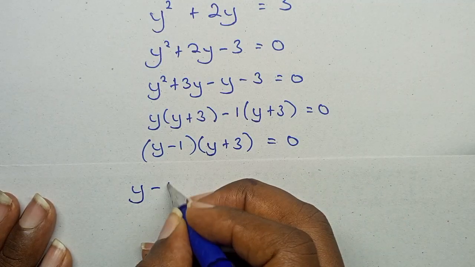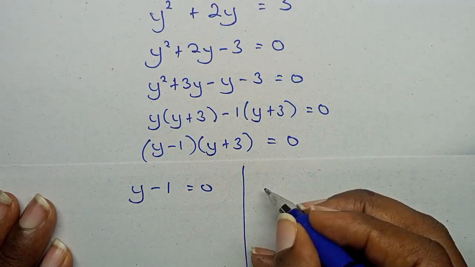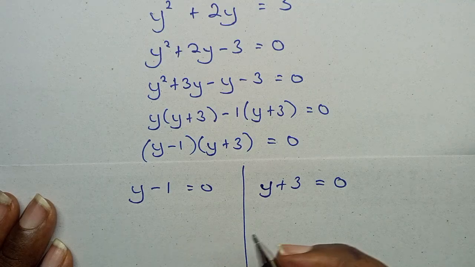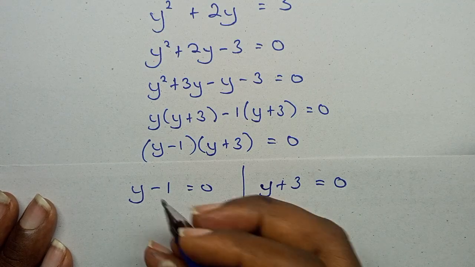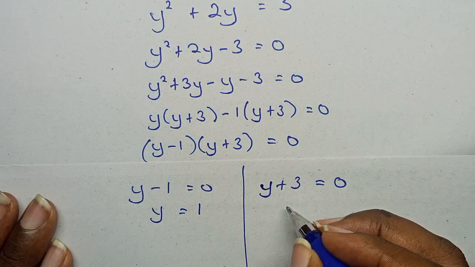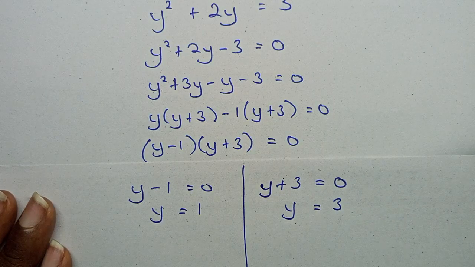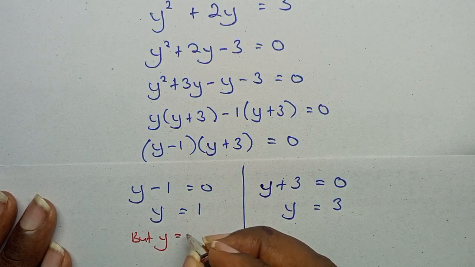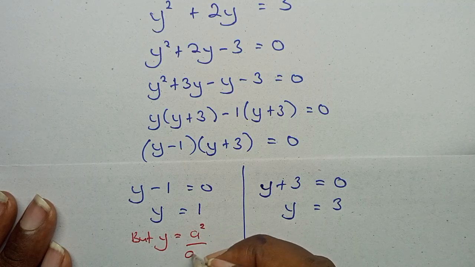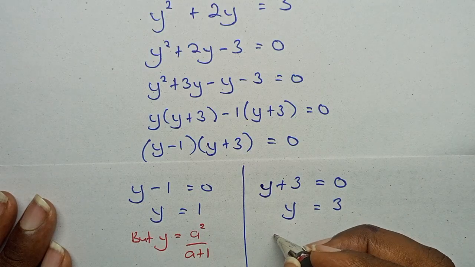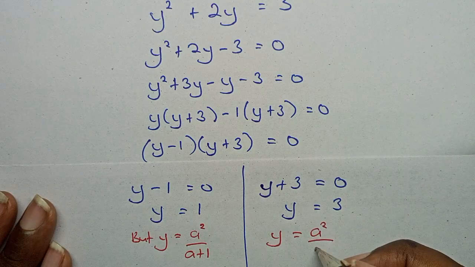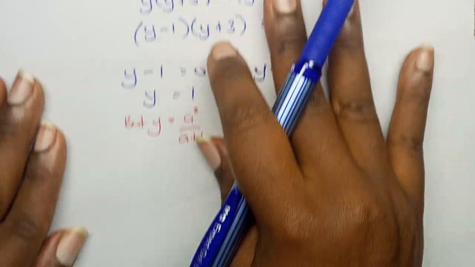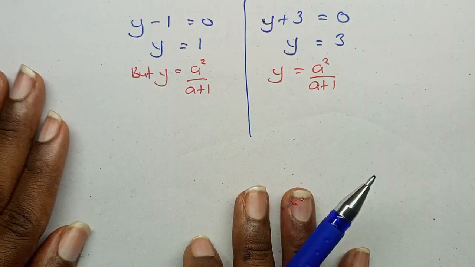Therefore, y minus 1 is equal to 0 and y plus 3 is equal to 0. For this side, remember, y is equal to 1 and this side y is equal to 3. But y is equal to a squared over a plus 1. Also this side y is equal to a squared over a plus 1. So that implies that